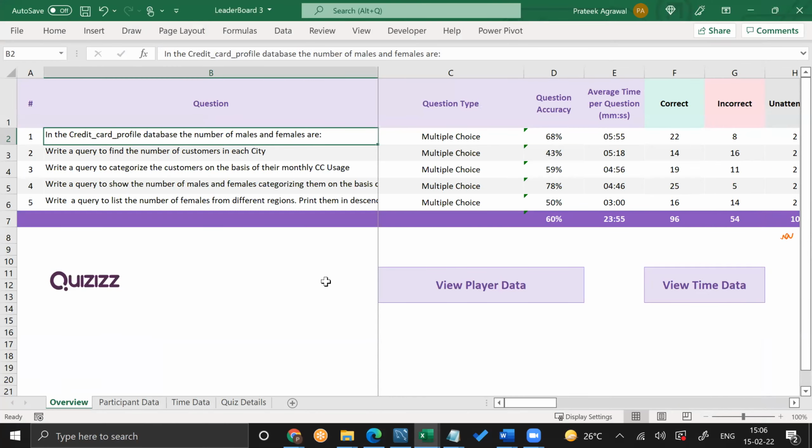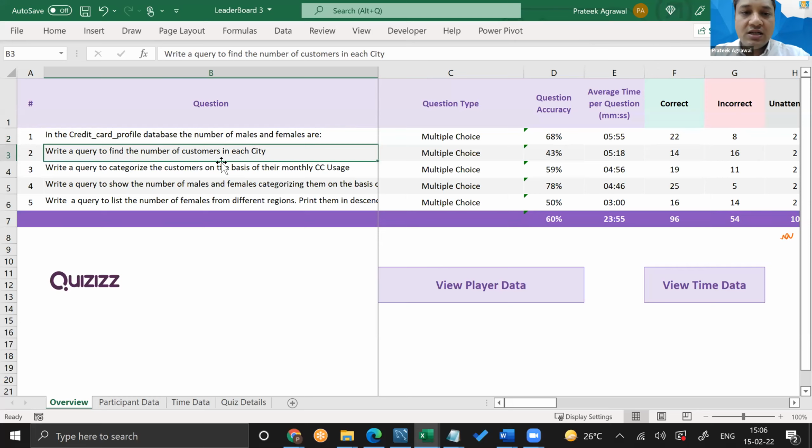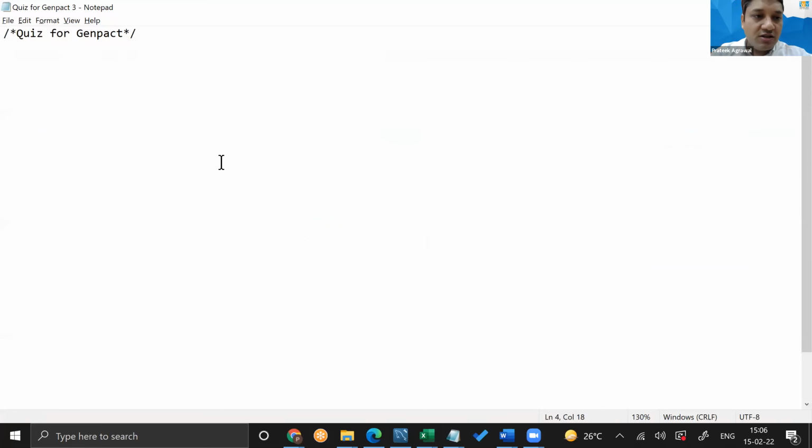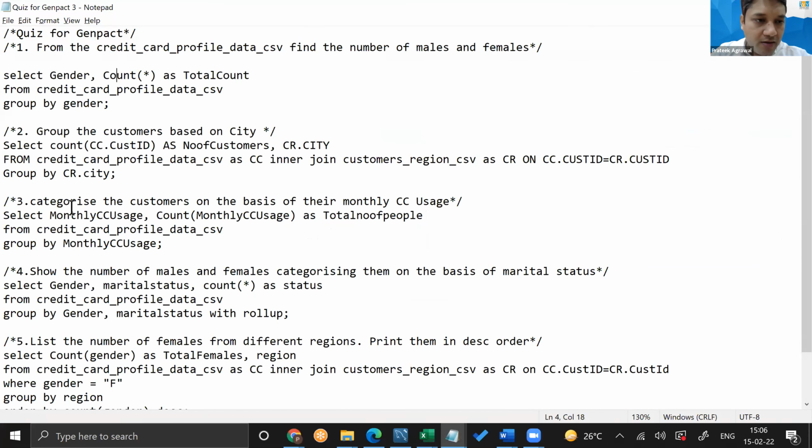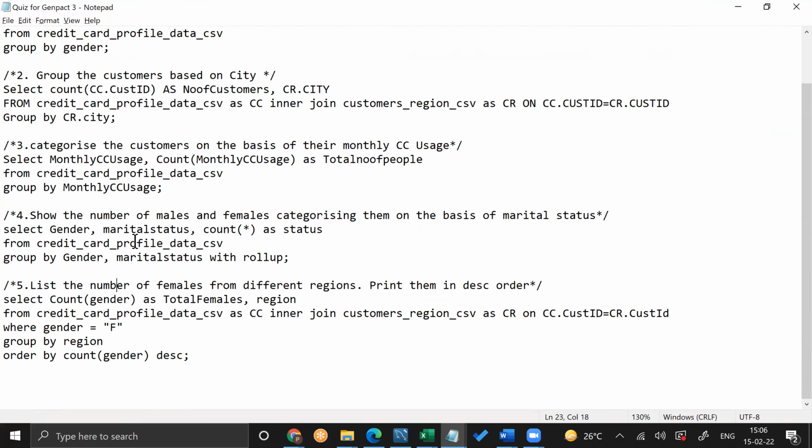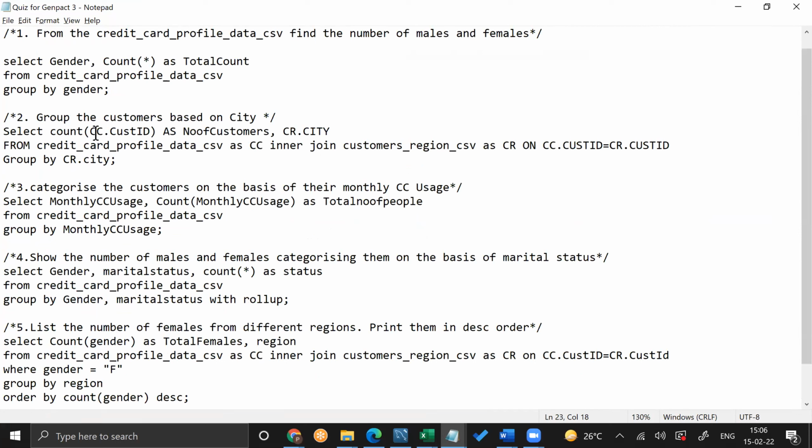Where I saw a lot of people falter, although 100% was not the result in any of the questions, was one question: write a query to find the number of customers in each city. Group the customers based on city.